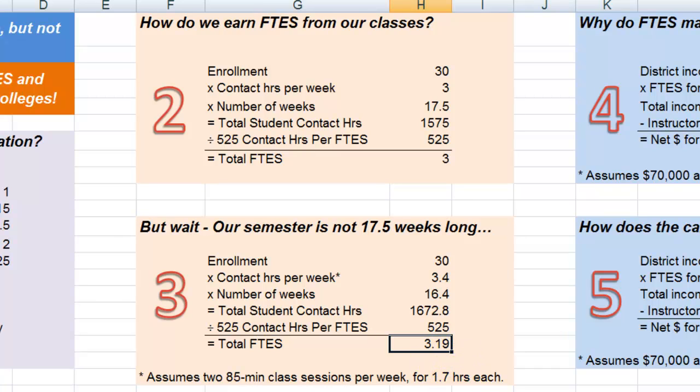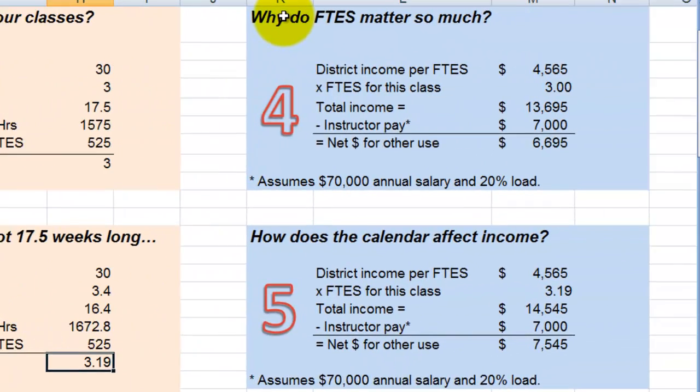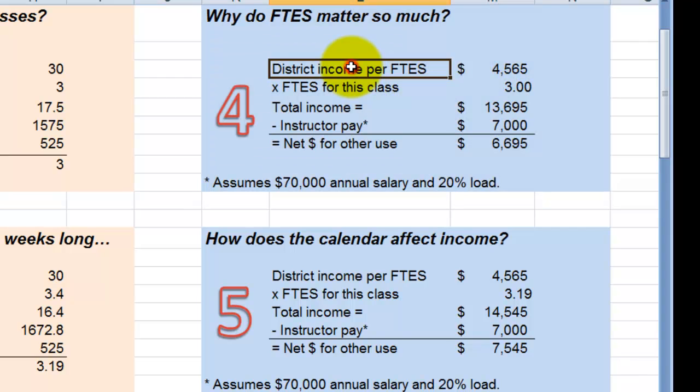Okay, moving on. Then the person says to themselves, why in the world do we care so much about these FTES? Why is that such an important measure for colleges? Truthfully, FTES is how we are paid. All general fund income to the college comes via FTES. The state pays each district a certain amount of income per FTES. At the current time, that's